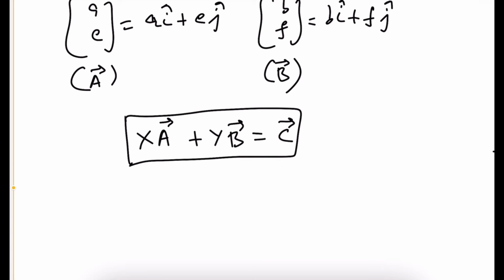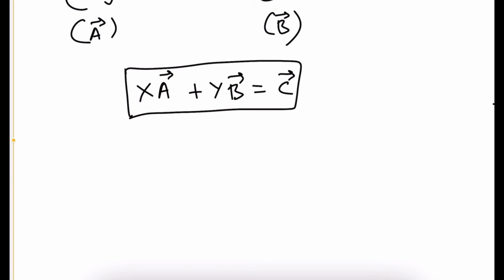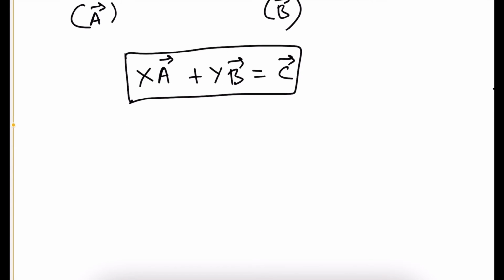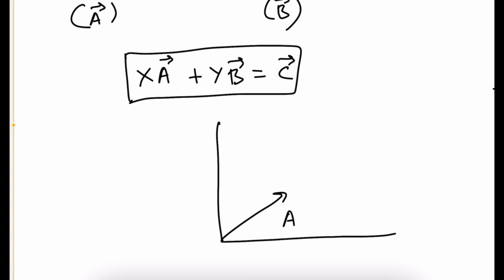So now we want to see if there exist values x and y such that xa plus yb equals c vector. Now here is where the determinant part comes in handy. We just want to see if there is one solution, no solutions, or infinitely many solutions. If A looks like this and B looks like this, then we know for a fact that wherever C is, we'll be able to find some x and y. That's pretty cool, right?